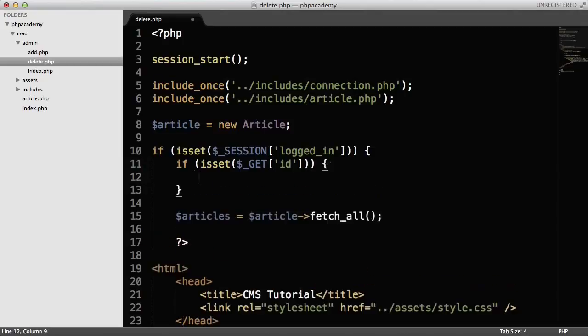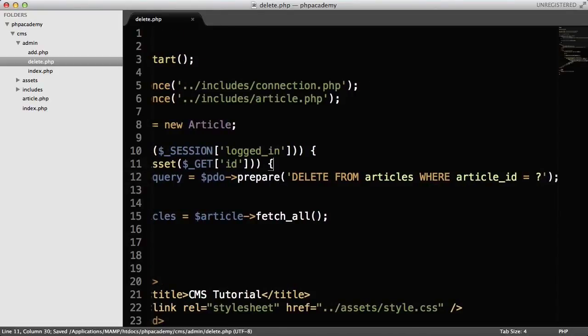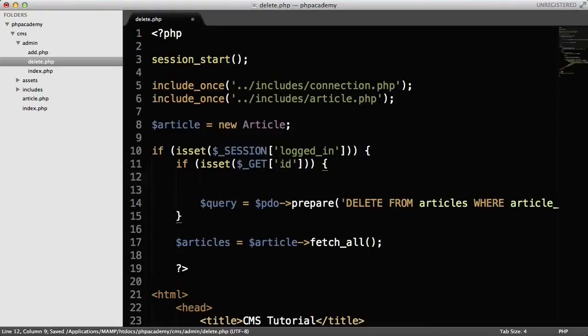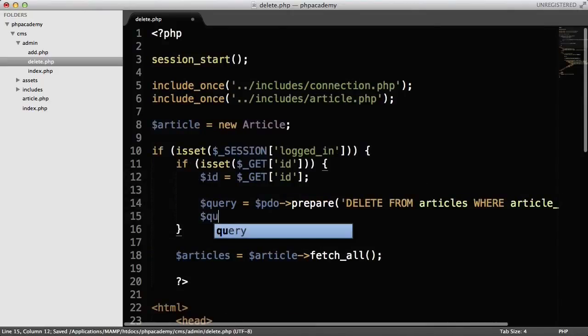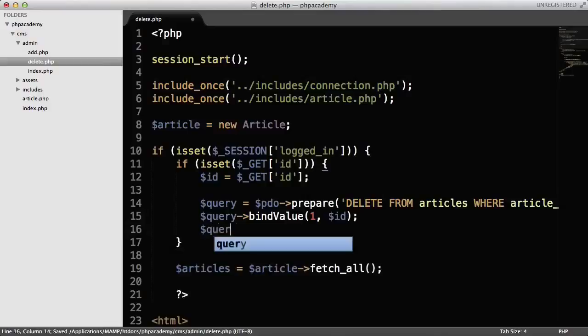So if the user has chosen an article, and then we're just going to go query equals pdo prepare delete from articles where article ID equals question mark. First, just to clean this up a bit, I'm going to say ID equals get ID, and in here we're just going to bind the variable. Fix that. 1 equals ID, and then we're going to execute the query,